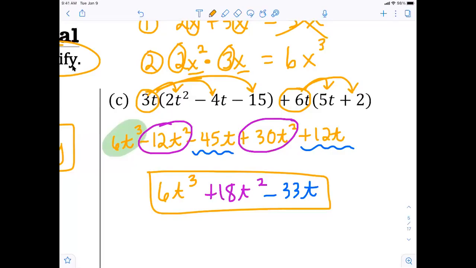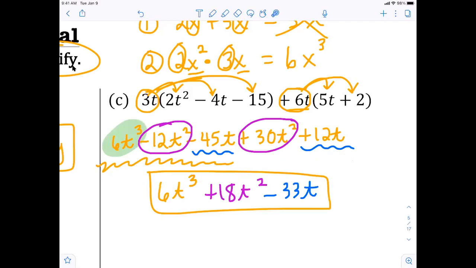All right, this should have been your final answer. Distributing the first polynomial, you should have got 6t cubed minus 12t squared minus 45t once you distribute that 3t through. My second polynomial, when you distribute this 6t squared through, all right, you should be left with a 30t squared